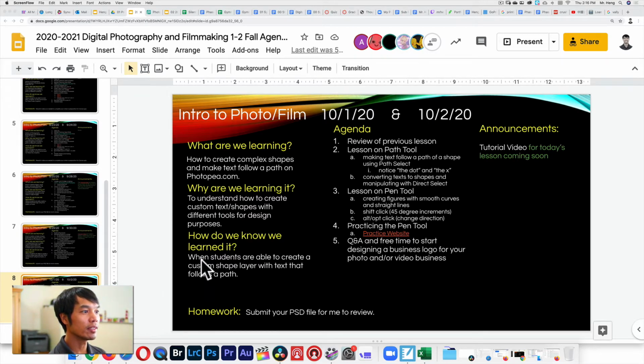And how do we know we learned it? When students are able to create a custom shape layer with text that follows a path. Okay, so this is what we're doing today. We're going to review the previous lesson, which I'm not going to, and then we're going to do the lesson